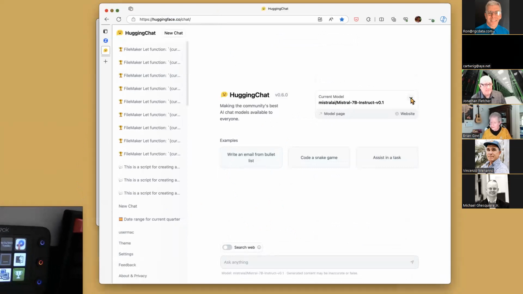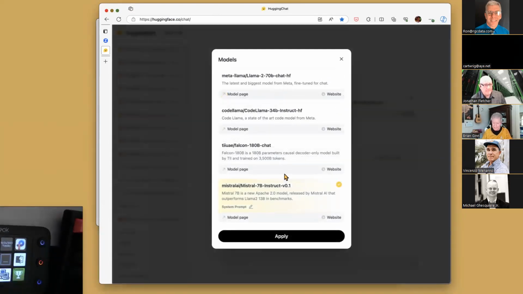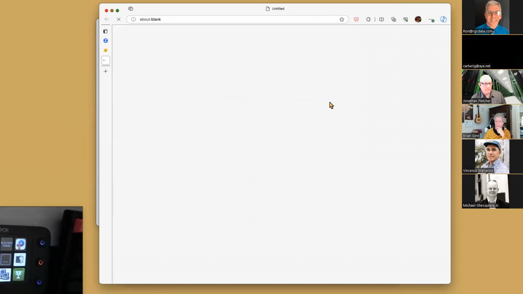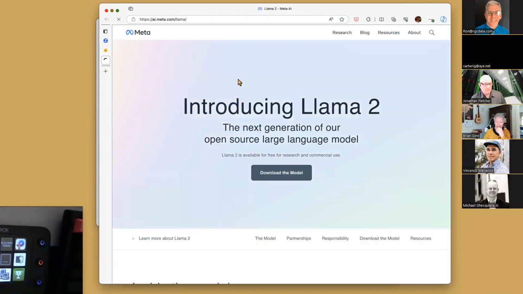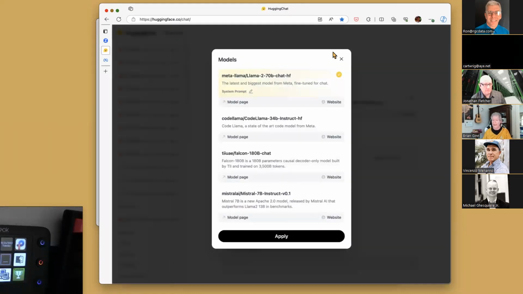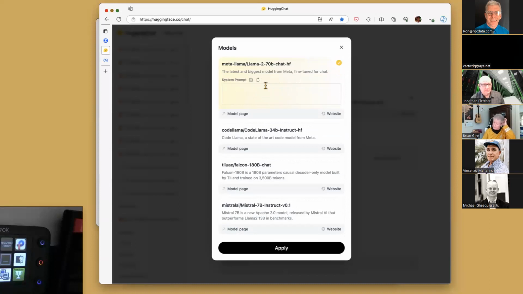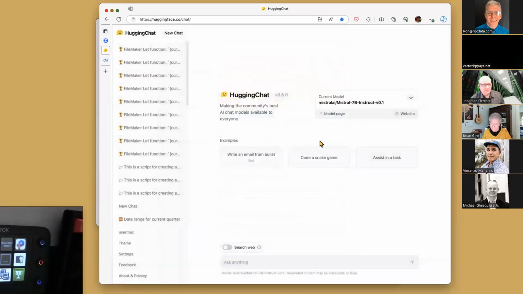Right here, watch. Look at all these models that you get to choose from. It's just stunning. This is Meta's. And when you go to their website, they're going to tell you all about Meta AI. This is stunning. But I ran out of time for our talk today to explore all these, and I didn't know it had so many. Oh, and you can do those system prompts to make it terse and so on. Has it right here as well. Some of them, not all of them.